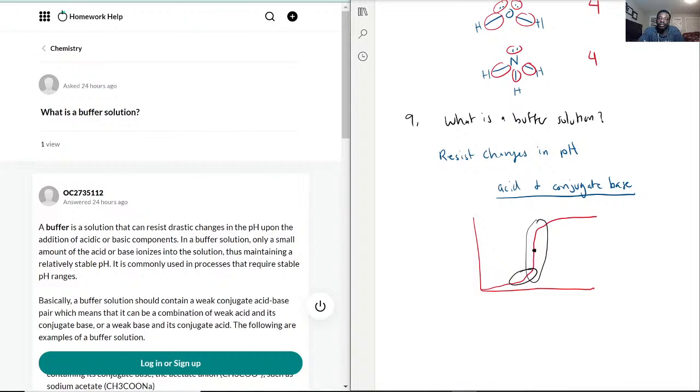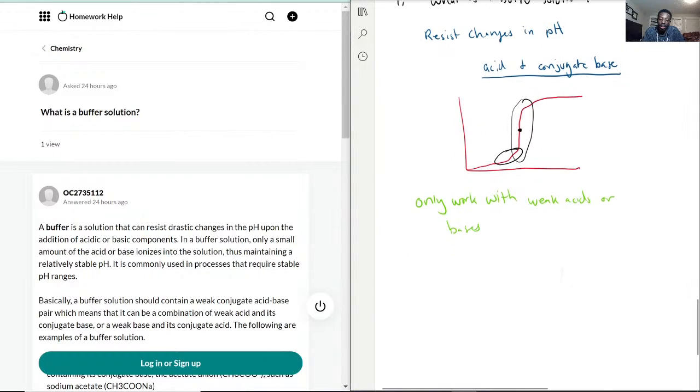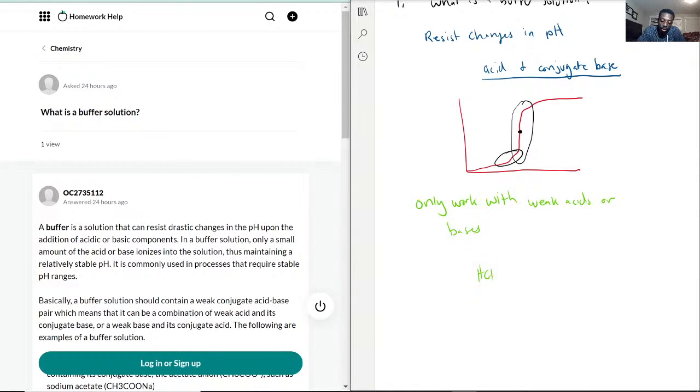But what you have to remember is that buffer solutions only work, this is an important part, with weak acids or bases. Now you're probably wondering why that's the case. The issue with strong acids and strong bases is that they dissociate completely. So let's say I put HCl in a solution. Every part of it will separate to H and Cl. That's guaranteed. Now, if I put in NaOH,